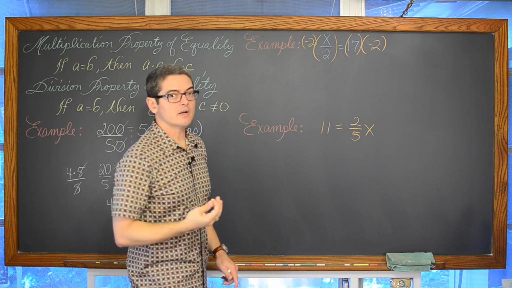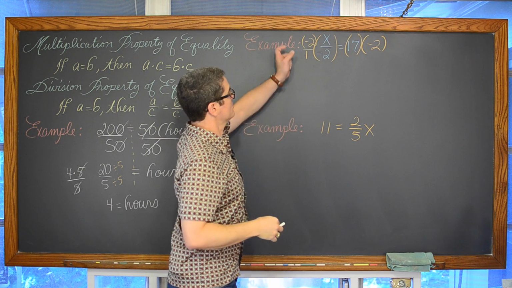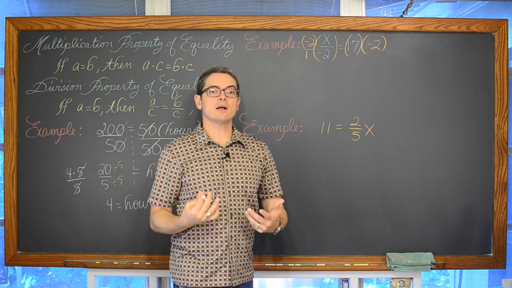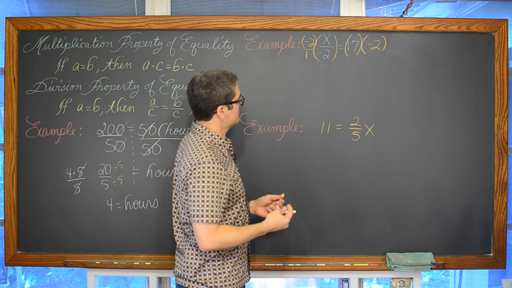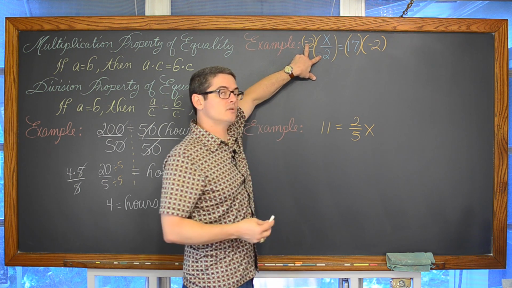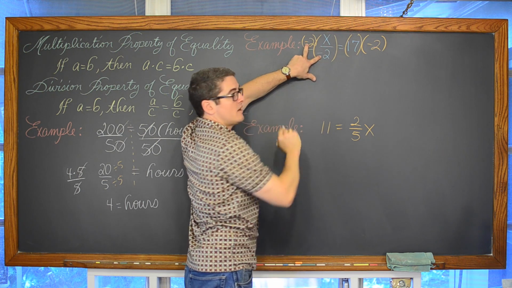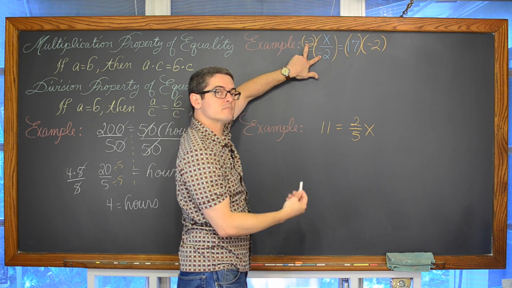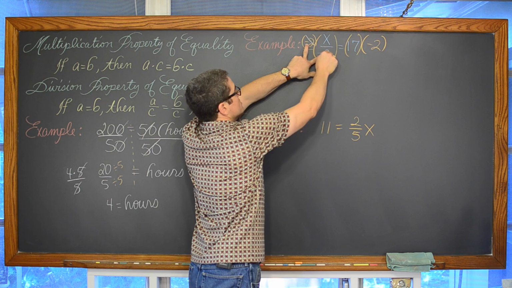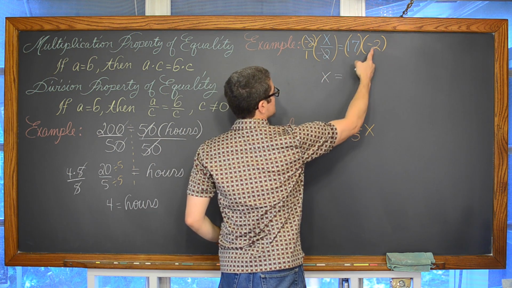And you might write it like that. I think it'd be a very good idea to write that -2 over 1 to see the numerator and denominator of those fractions lining up. And there's all kinds of ways we can look at this. We can say, well, the -2 and the -2, I see this as division. Multiplication and division are inverse math operations, so they're going to cancel each other out, giving us x is equal to